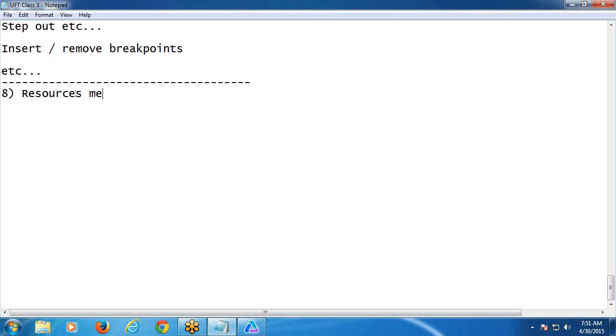Resources menu. What is the resources menu? In this menu, you can find two types of commands. One is object repository commands. Another is recovery scenario commands. Using this menu, we can launch